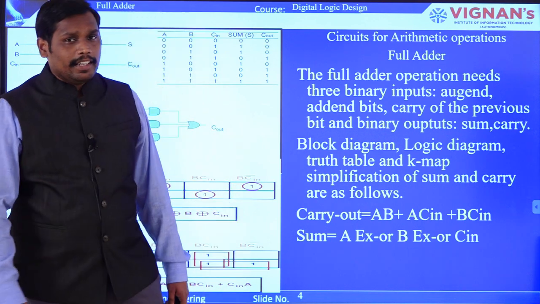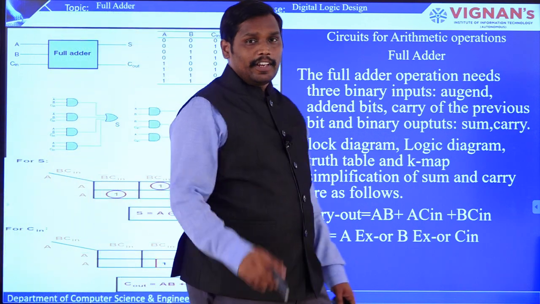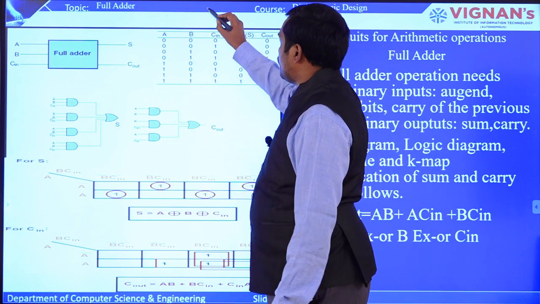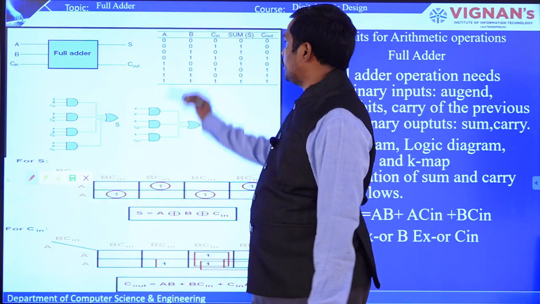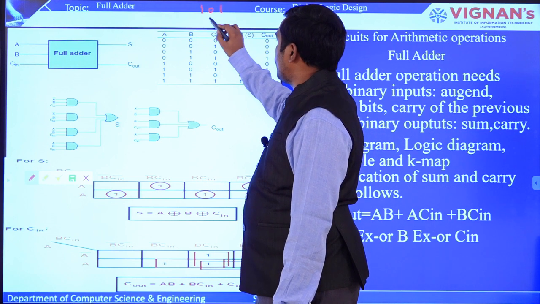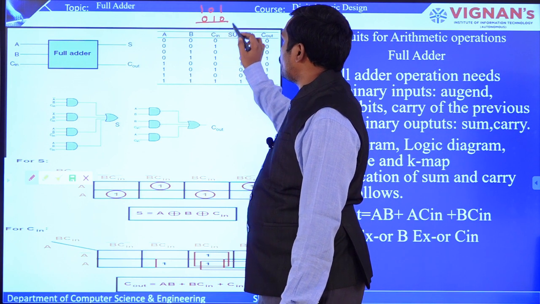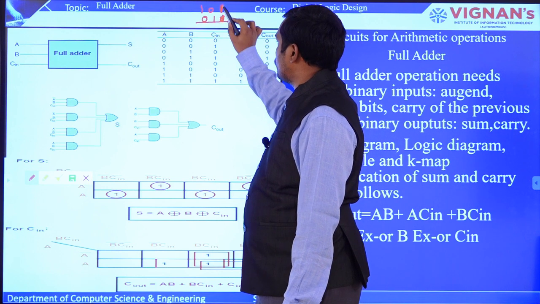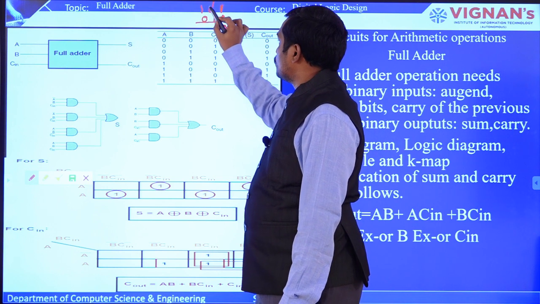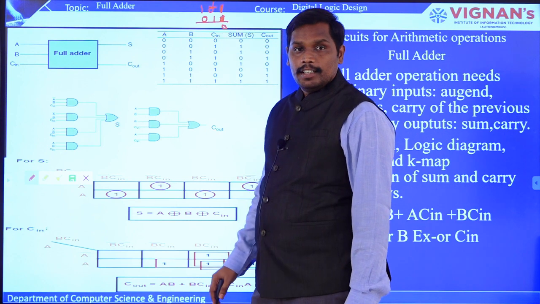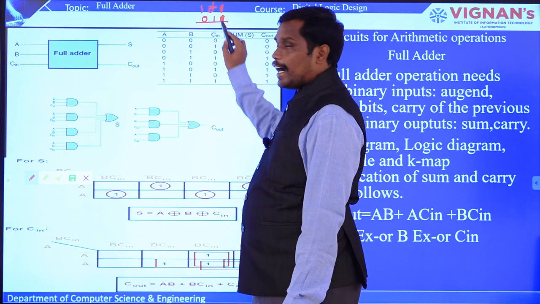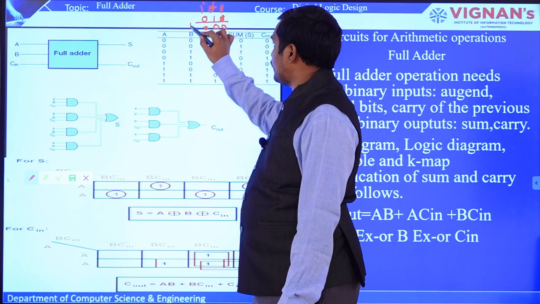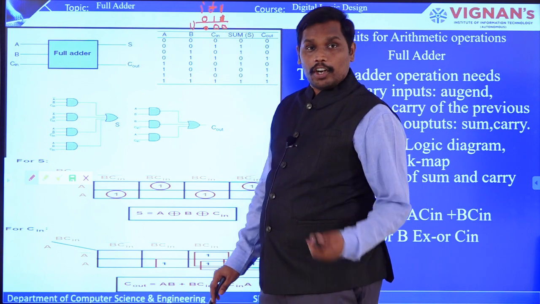Now full adder is, whenever you are going to add 1 plus 1, for example in binary, something like 1 0 1 and 0 1 1. So 1 plus 1 is 0 followed by a carry 1. Here you are getting a carry, right? That carry has to be added to the next value. So 1 plus 1 is 0, again carry 1. So 0 and again carry is 1, right? This is how the operation can be done.